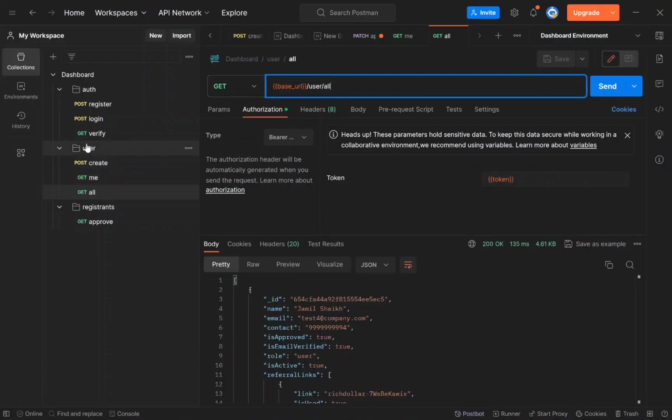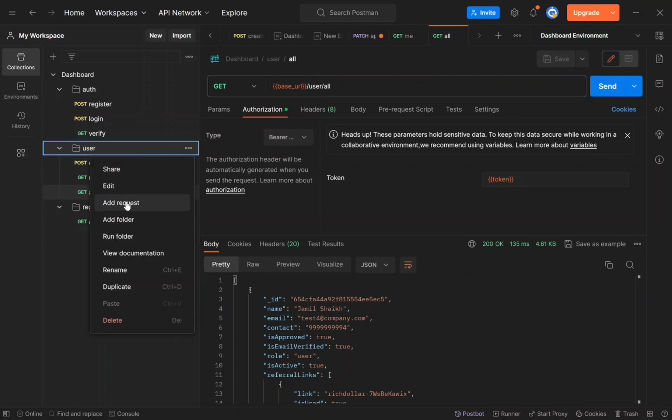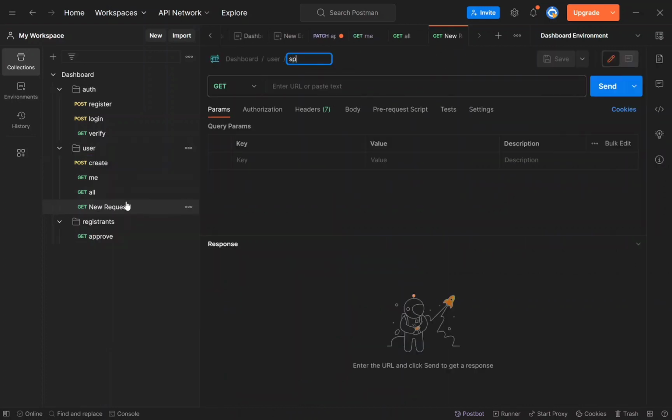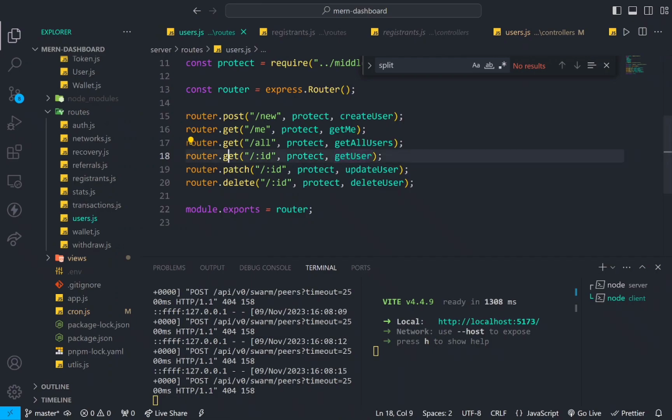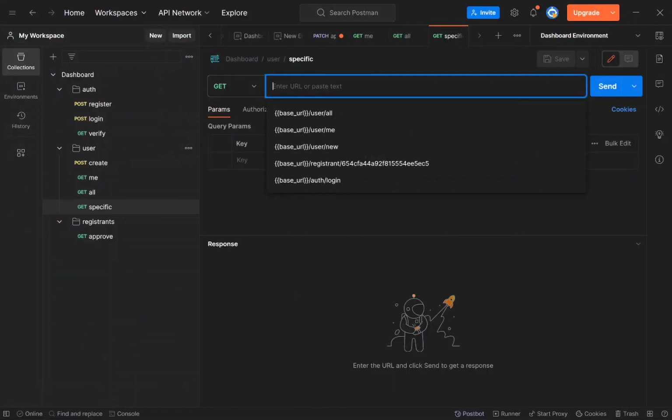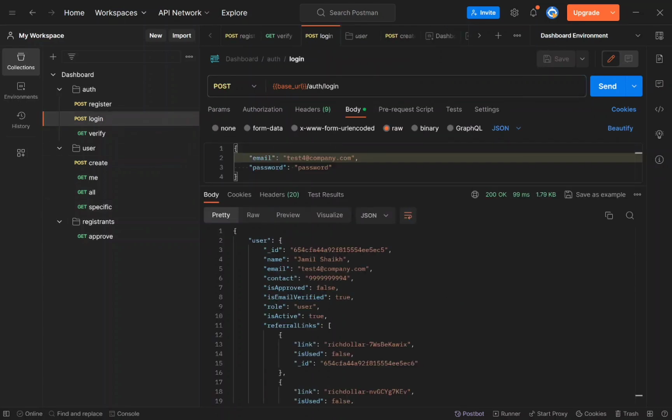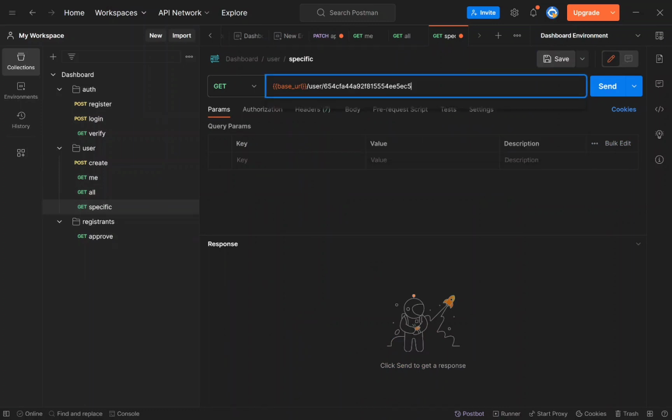So I'll create another request and see how I am going to name this. Since I'm going to fetch a specific user, I'm going to name this request as specific. The request type is going to be get, as it is mentioned over here. And we are going to use the base URL, and it requires some ID, right? So let's not make this much more difficult for us. It is already quite complex. And we want to specifically fetch the test4 account,